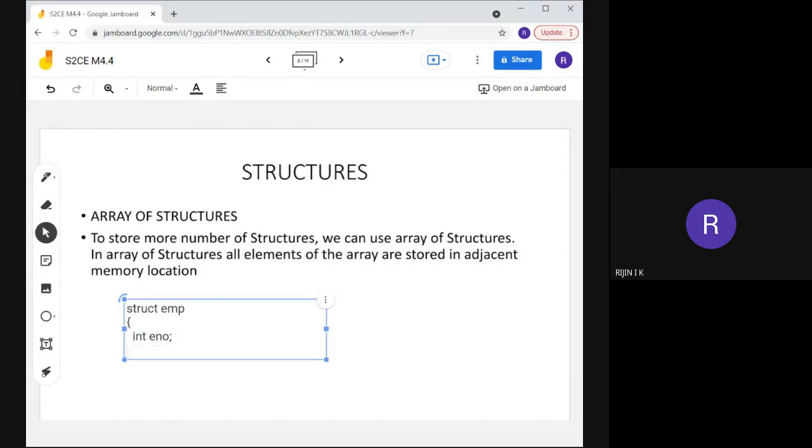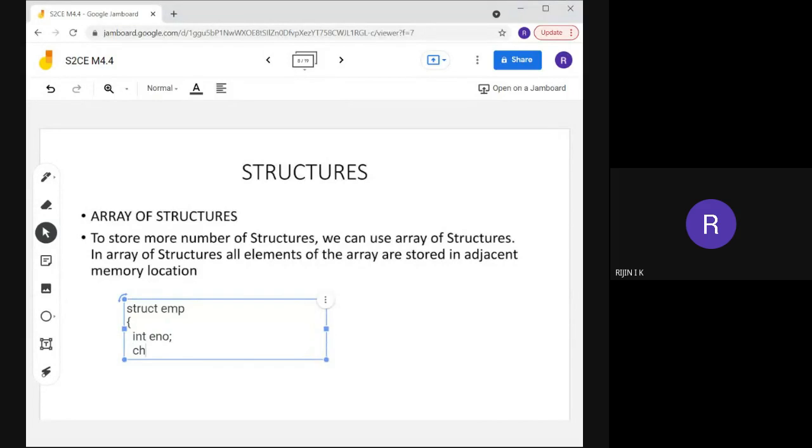Then next I need to specify the name of the employee. How will we specify the name? A name is a string, and for representing a string in C, we need to use a character array.